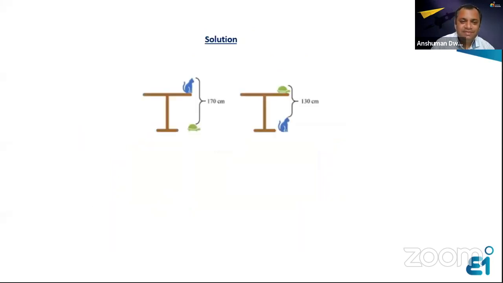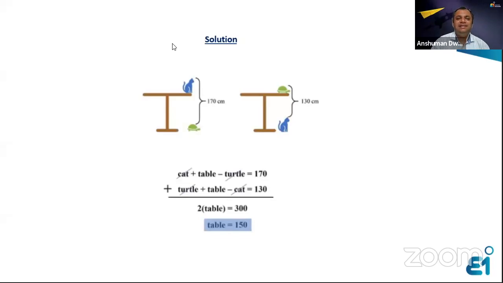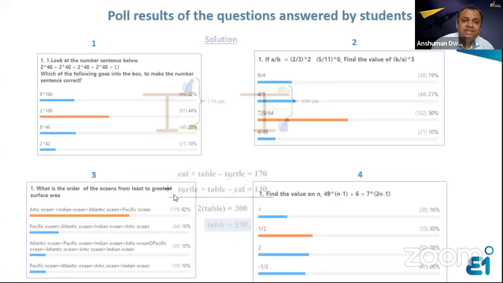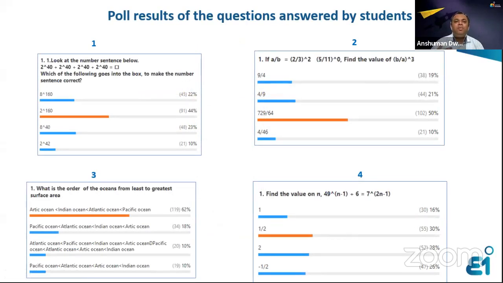Now let's see how we solved this question. See that it is pretty simple to solve, isn't it? So cat plus table minus turtle, turtle plus table minus cat, height of 2 tables, and we get height of 1 table. So parents, what I wanted to tell you here is any questions in mathematics would require more than